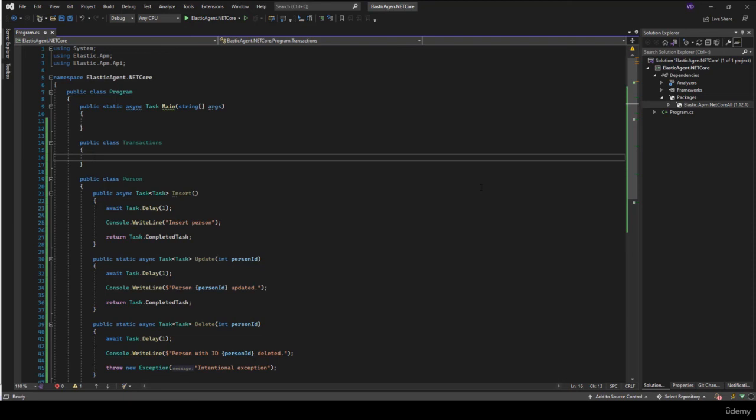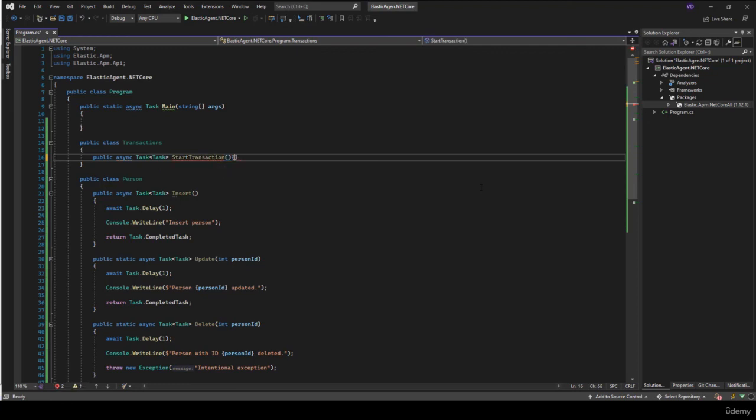But how do we use it anyway? So I will have a method here, public async Task of type Task, so I'm returning a Task here, which will say StartTransaction,